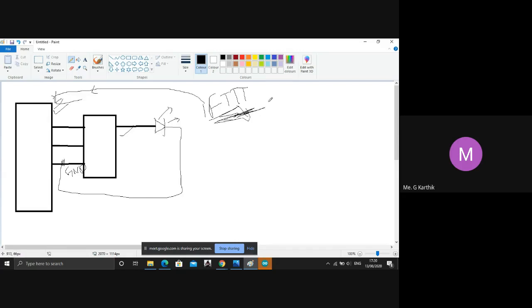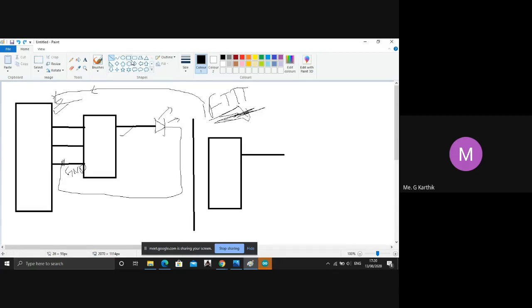And the next thing we are going to learn today is we'll use a NodeMCU interfacing with an LDR.